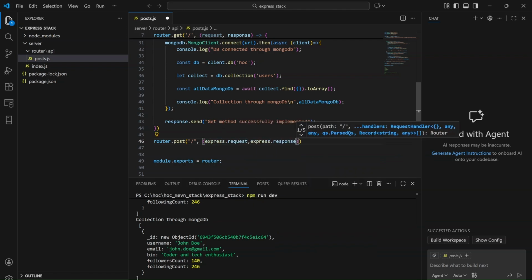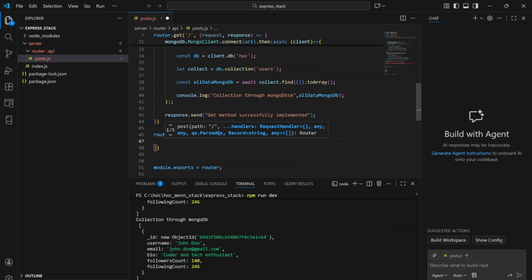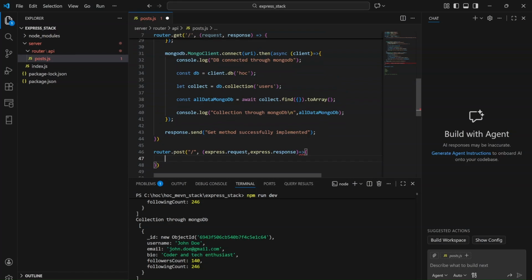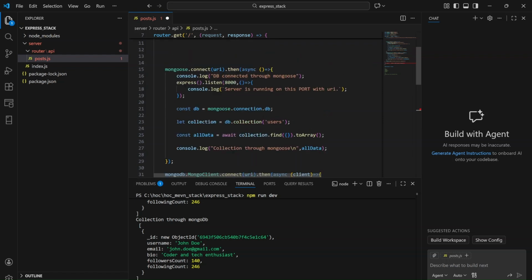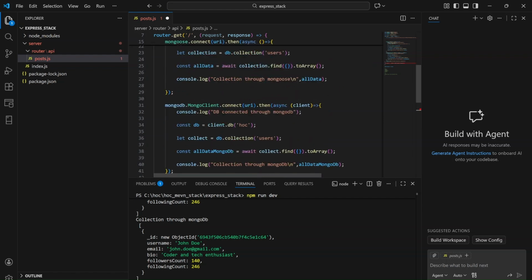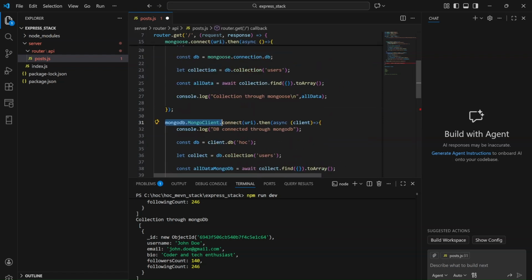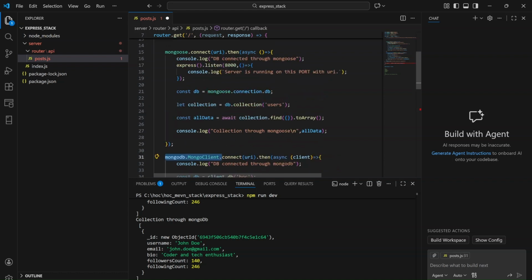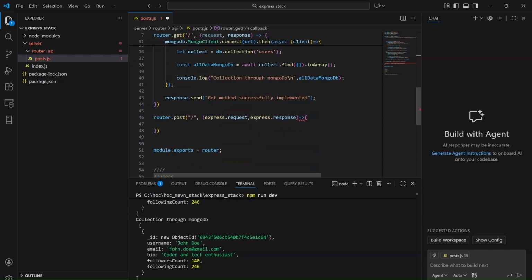So this is going to have a similar kind of definition, that is for request and response, and then we will define the function over here. As we have seen earlier, we used two approaches to read the data in the collection in MongoDB. We had utilized Mongoose as well as MongoDB.Mongo client. But we had decided that we'll be utilizing only one of the two approaches in the further application series. So Mongoose is the one that we'll be utilizing for creating a new record now in our collection, that is